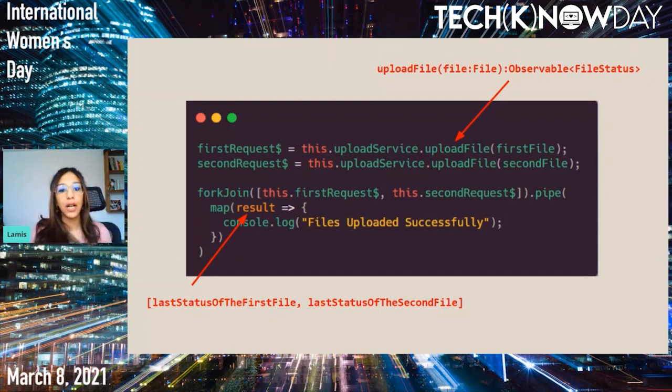Yeah, so here is the other thing to be aware of. Now we got the last status of every file, and we will process it. In my case here, I just logged files uploaded successfully. And we are good to go. But this is the success callback, and we only handled the happy case, the success case. Now, if an error happens,